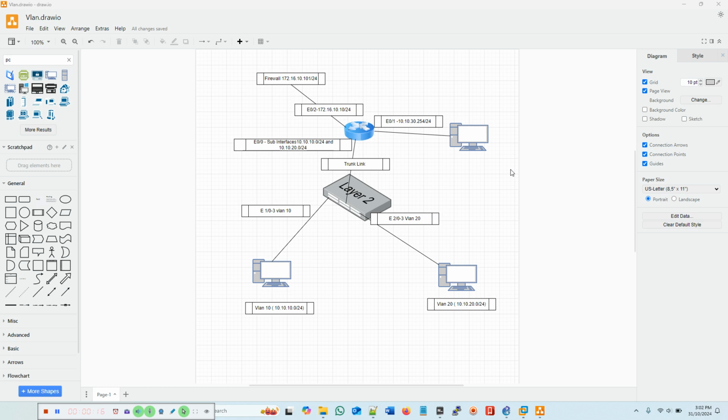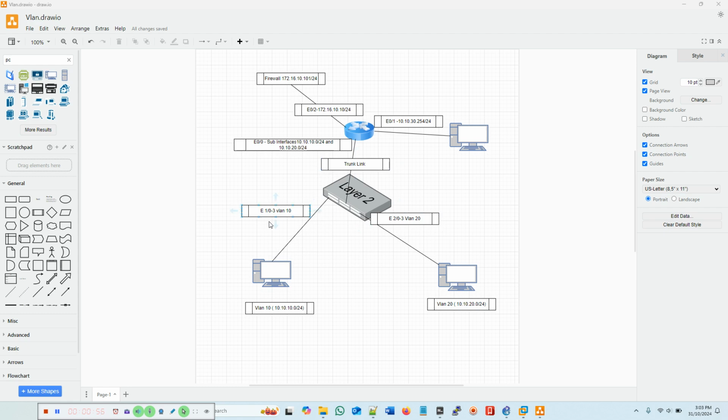So, in the last video we had a look at how to configure VLANs on a layer 2 Cisco switch, and then we captured some traffic through the trunk link and looked at how the traffic flows through the link. We inspected the VLAN tags, VLAN ID 10 and VLAN ID 20, and we were also able to see the default VLAN tag. So this diagram, I got that switch here, and